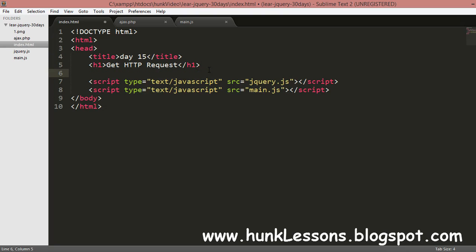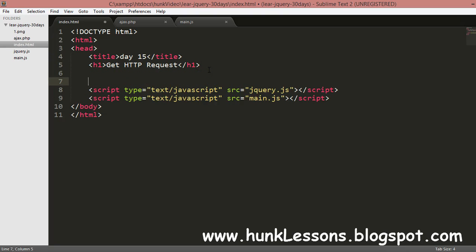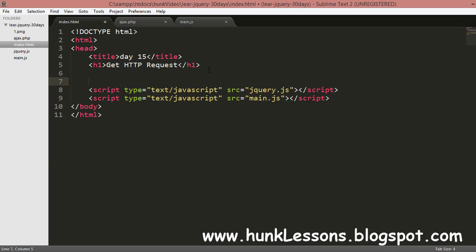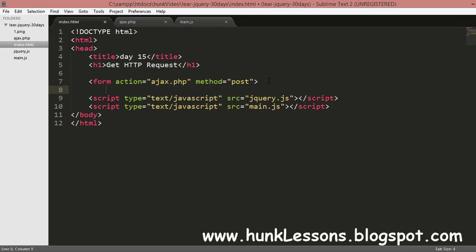For this example, I need input. I will show you this example without Ajax, and later on we will put the Ajax in here. I will create a simple form with our action. Action is the file where the form should be submitted, and the form is submitting to ajax.php. I'm using PHP, but it's simple, and I love that. You can use any other scripting language you want, and we will give another parameter, method equal to post.